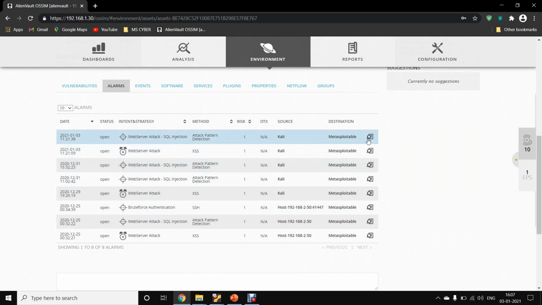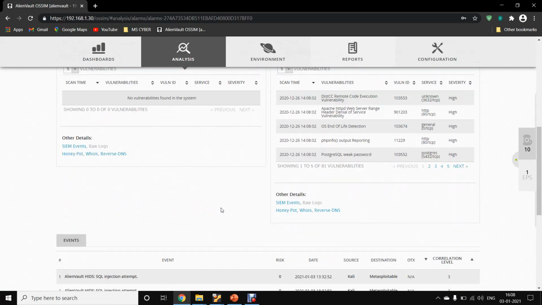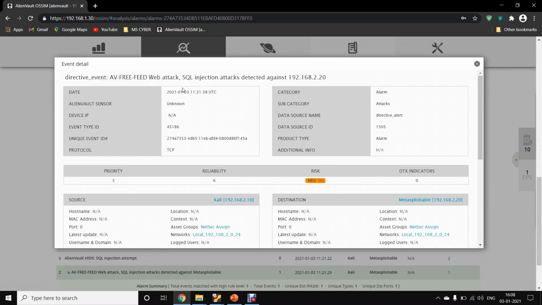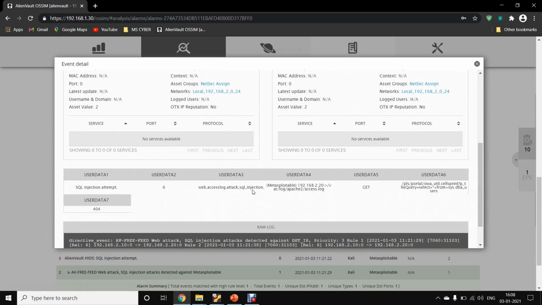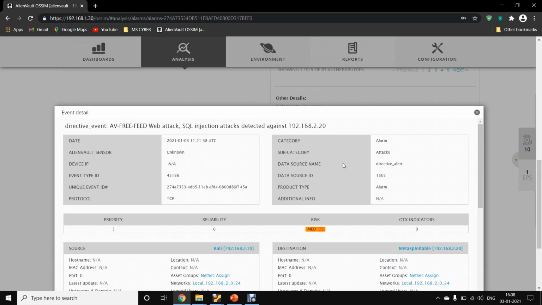So this is the event which got listed in alarms, with medium risk, from Kali to Metasploitable, a directive alert attack. It also says AV feed, which means this is the inbuilt OSSIM rule which triggers whenever such kind of attack network activity is detected.